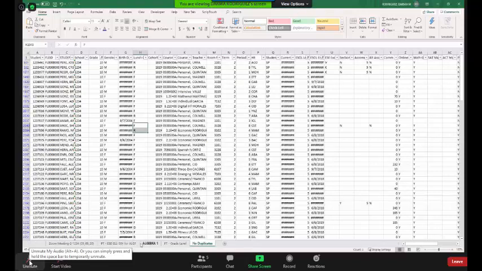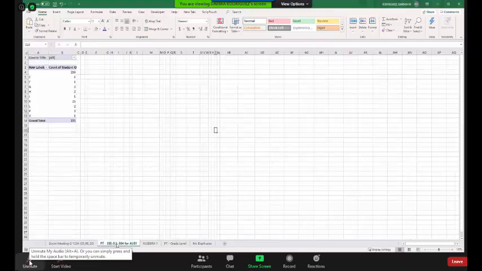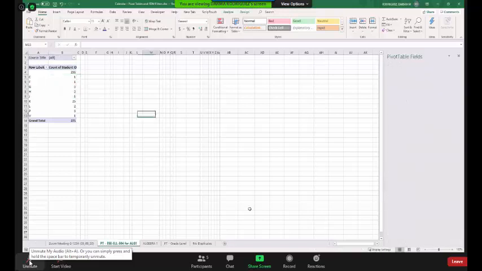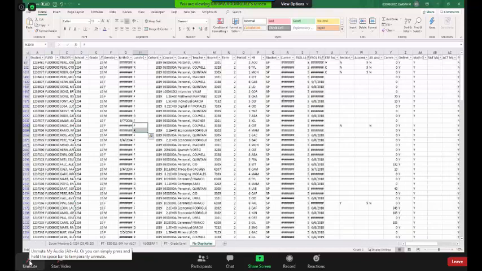Another way to get the same information is you go to Algebra 1. In this case, it's Algebra 1 that we're working with. I've isolated my Algebra 1, and I've created a pivot table. So now from here, I can see I have 236 kids total that don't have any accommodations. Oh, and let me show you that also. Hold on. Sorry. So if I come back here to my no duplicates,